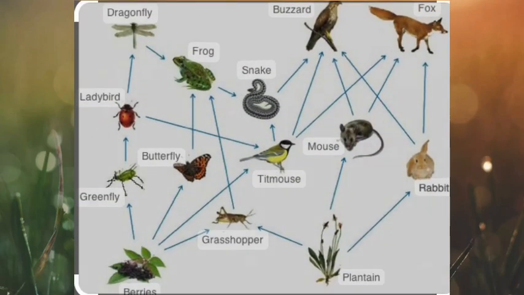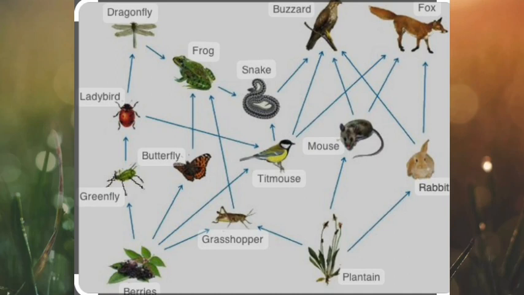This is another example of food web. You can see here that different kinds of living things depend on other kinds of living things. Food web actually is the combination of so many simple food chains. You can see here that